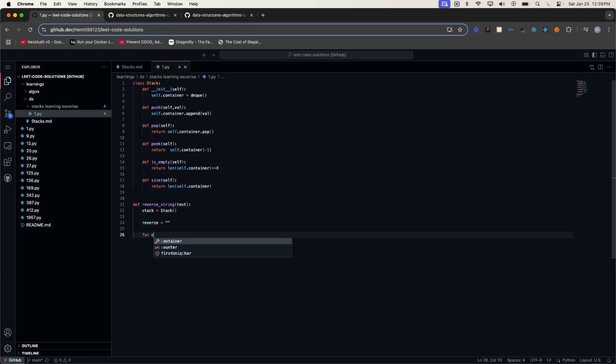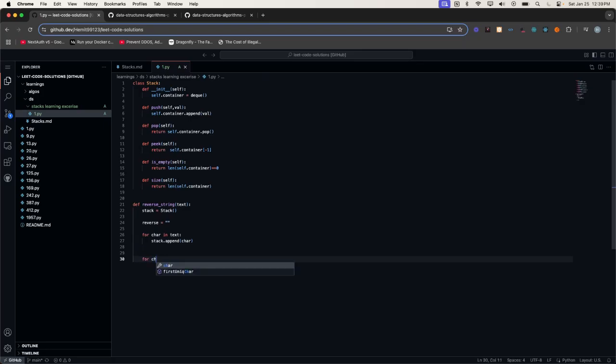reverse. And I'll just keep that as a string, right? So what I can do is for each character in text, I'll add it to the stack. So we can do stack.append and character. And then once this is done, I'm going to say for each item in